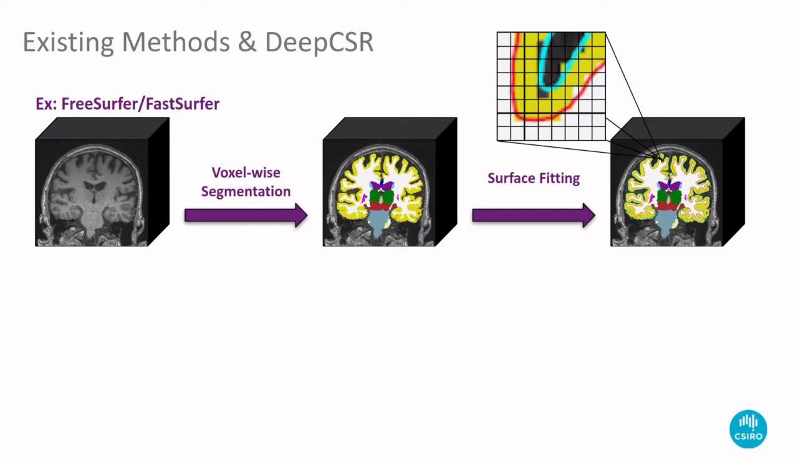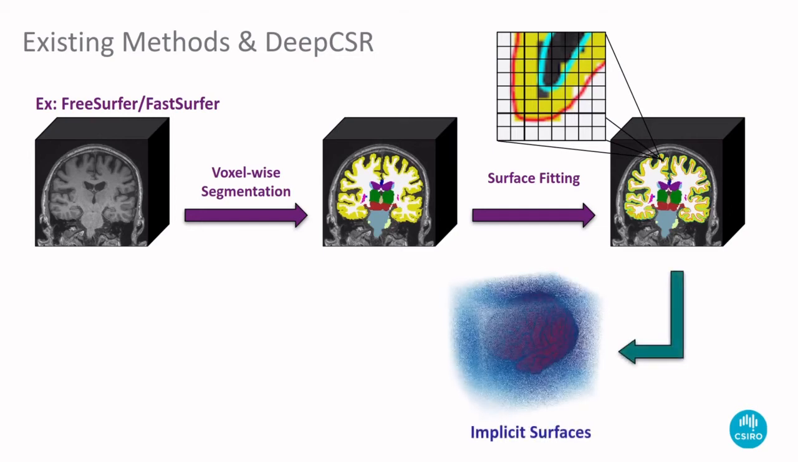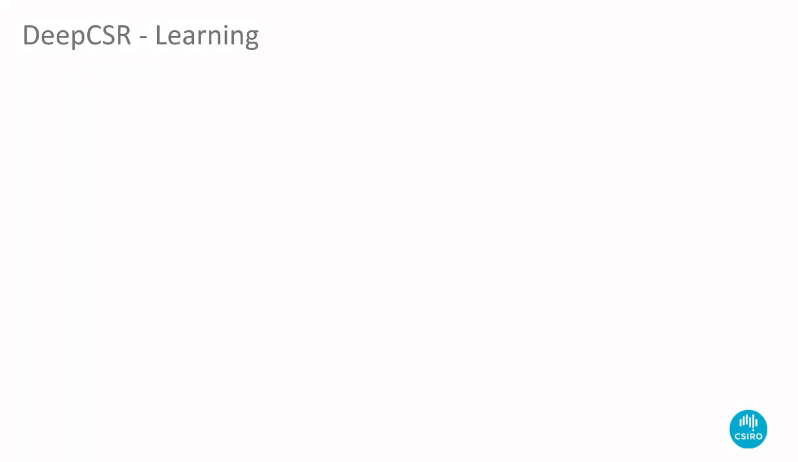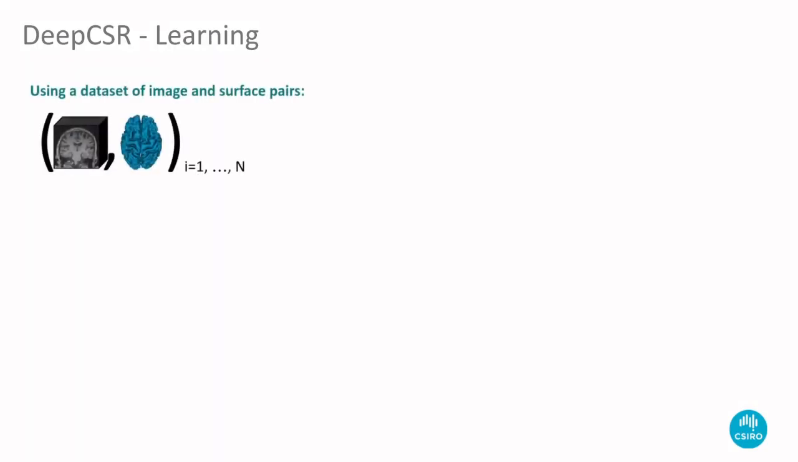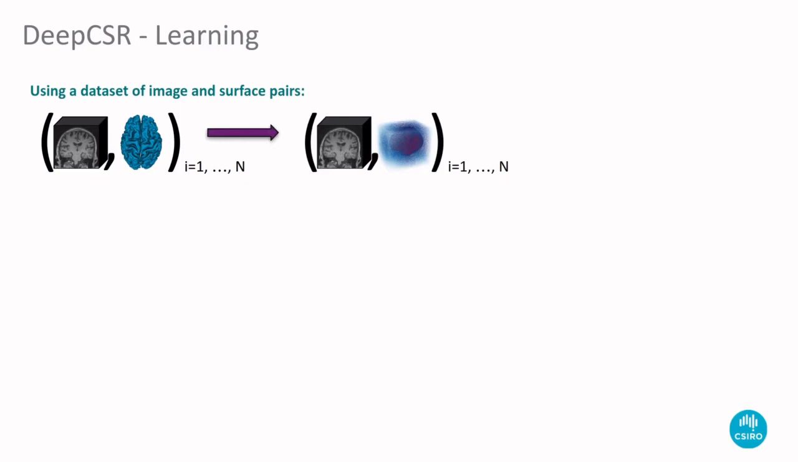To overcome this problem, we propose DeepCSR, a 3D deep learning model that learns to predict implicit surface representations for cortical surfaces directly from the MRI. Have a look at how it works. For a dataset of pairs of MRI and target surface represented as a triangular mesh and computed offline with traditional methods, we first compute an implicit representation of these surfaces by densely sampling points around it and computing the occupancy field,